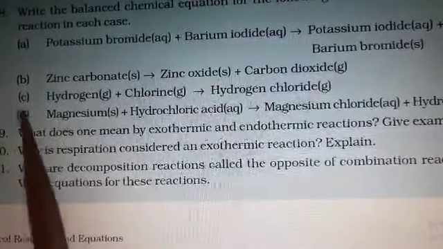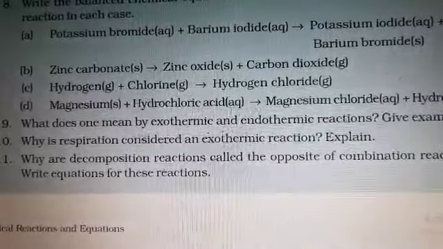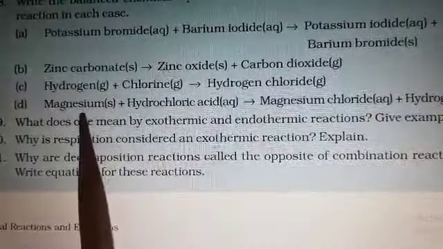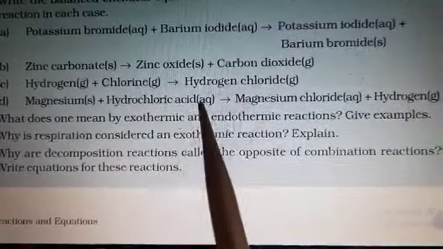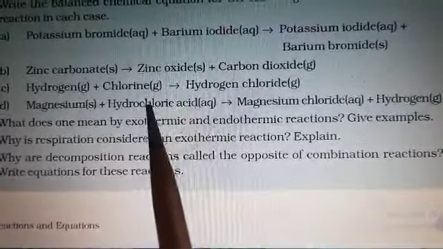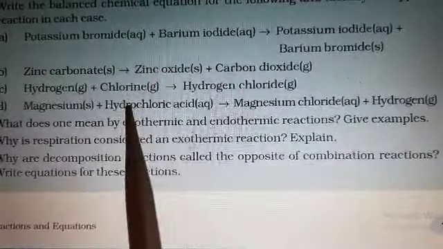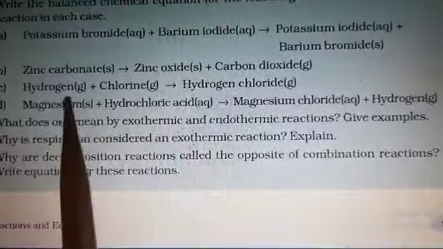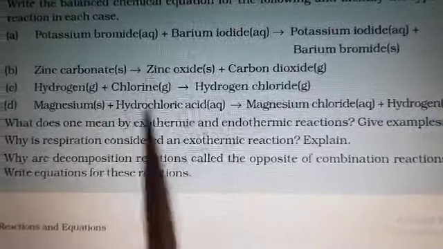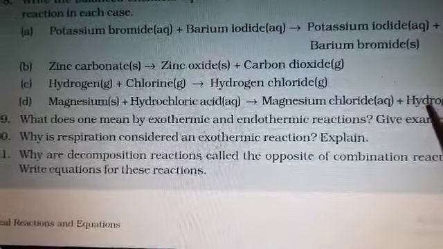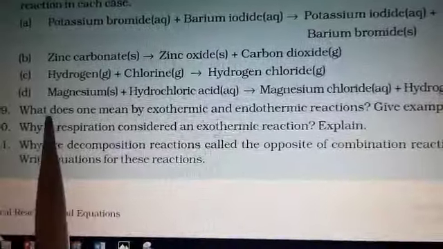So next reaction you can see magnesium plus hydrochloric acid gives magnesium chloride plus hydrogen. Here you can see this is magnesium, a single element, and this is hydrogen, a single element, and this is hydrochloric acid. So this is HCl. So magnesium is changing the place by hydrogen, right? It is forming magnesium chloride, means magnesium is displacing hydrogen from here, and you can see that hydrogen is separated. So this is the displacement reaction. This question you can easily do.